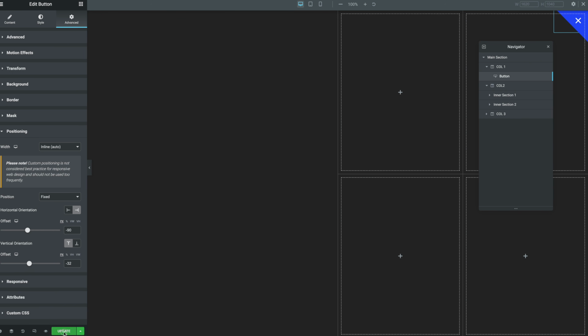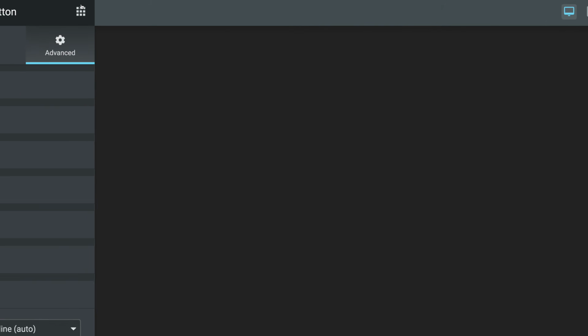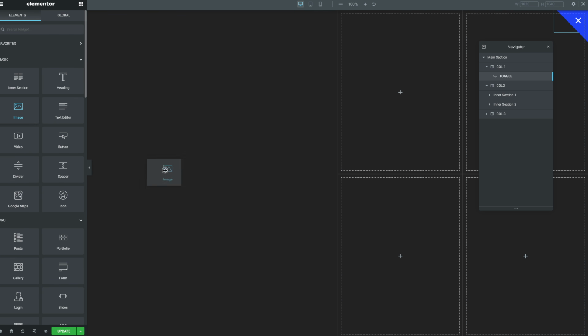You just need to play with those settings. Okay, let's click on update to save our work. Okay, next in the navigator, you want to make sure that you rename the button to toggle. Okay, next you want to click on the widgets icon and then you want to drag an image in the